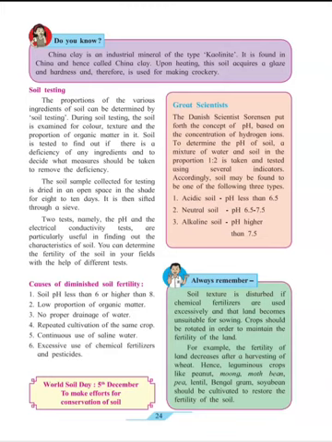Causes of diminished soil fertility, which means what causes the soil to get harmed. Soil pH less than 6 or higher than 8. If the pH level of soil is less than 6 or greater than 8, then the soil will be harmed. Low proportion of organic matter. This means that there is no dead organism present in soil, therefore the organic matter will be less and its proportion will be low.